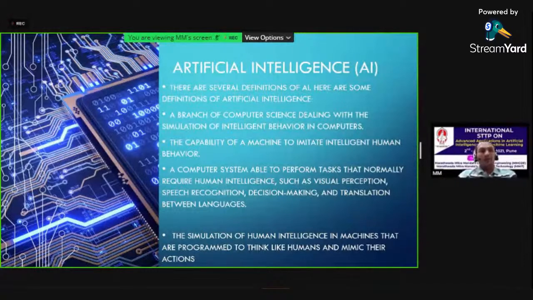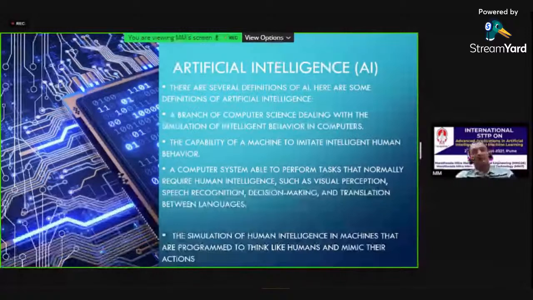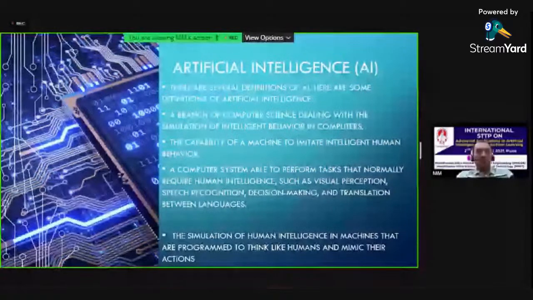There are so many branches in computer science. Some people go with AI, some with automation, robotics, or data science, and one of the branches is AI, as we said. It is also considered the capability of a machine to imitate intelligent human behavior, meaning it can think or act like a human if a certain situation presents itself. We'll cover a couple of situations later in these slides, when we see real-time scenarios of how AI can be integrated.